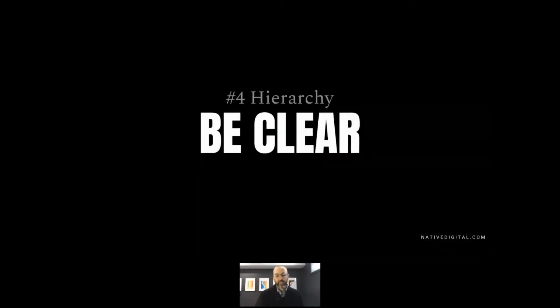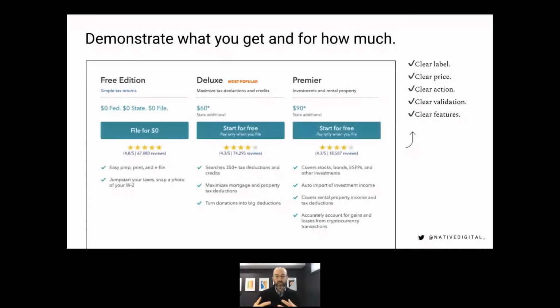Number 4 is the hierarchy. So we got to be clear. So once you grabbed attention, you bring them into, let's just say, the consideration set. You have to display information in a structured way. So at some point, you are going to have to say, you know, do you want A, B, or C? What is the plan that you're going to want? It really helps to make sure that you know what the information is for them to make a decision and nothing else. This is an example that is fairly standard, but it's labeled well.